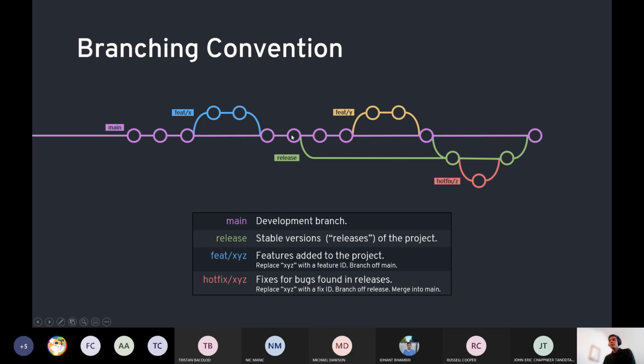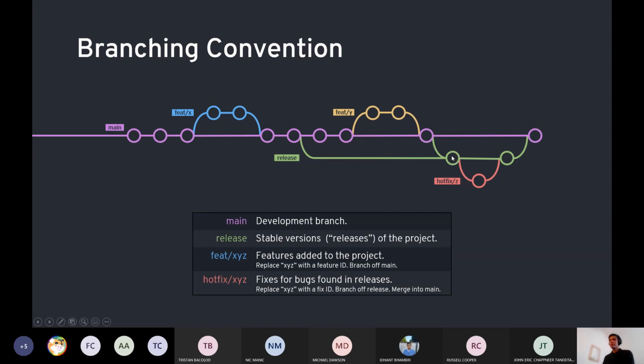At some point in time, your project will be ready for release, that is, in a very stable state with completed features. So what you could do is branch off into a release branch and leave it there. Meanwhile, development can continue on the main branch. You could start off a new feature and merge them in. Once that version of your code base is stable as well, you could once again merge into release. So this is a branching convention, basically.